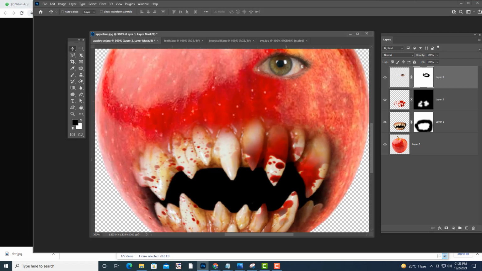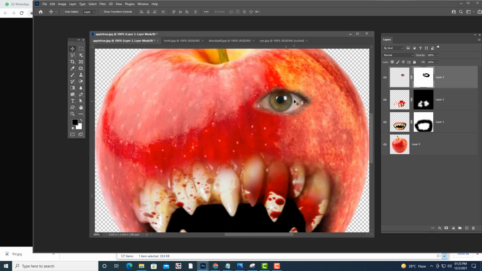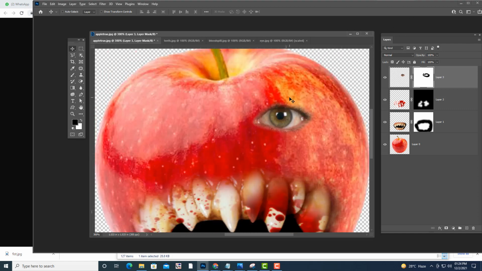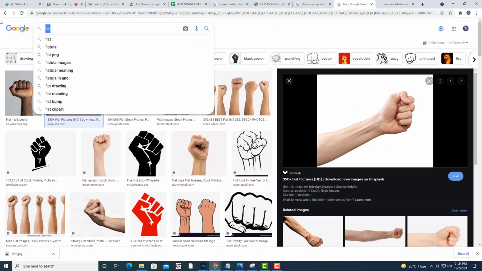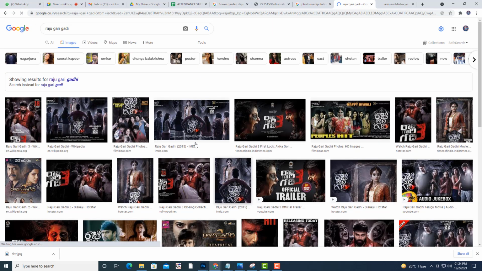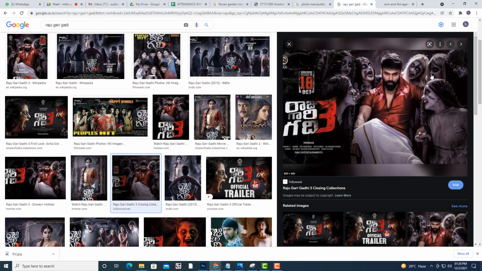We'll make it more scary. Okay. So we can make it more scary by removing this pupil inside. So I think you have seen that film, Evil Dead? Or even in Telugu also we have a film, Rajugari Gadi. You know that film? So there you can see the devils, how they look. I will show you. Actually, they have taken inspiration from Evil Dead. See, you can use this. I will show you this. So you can see the eyes.